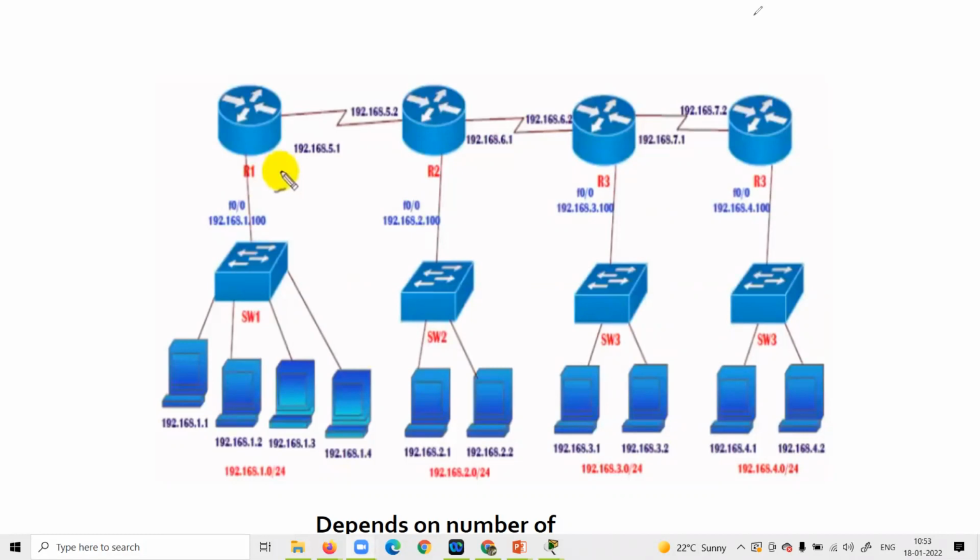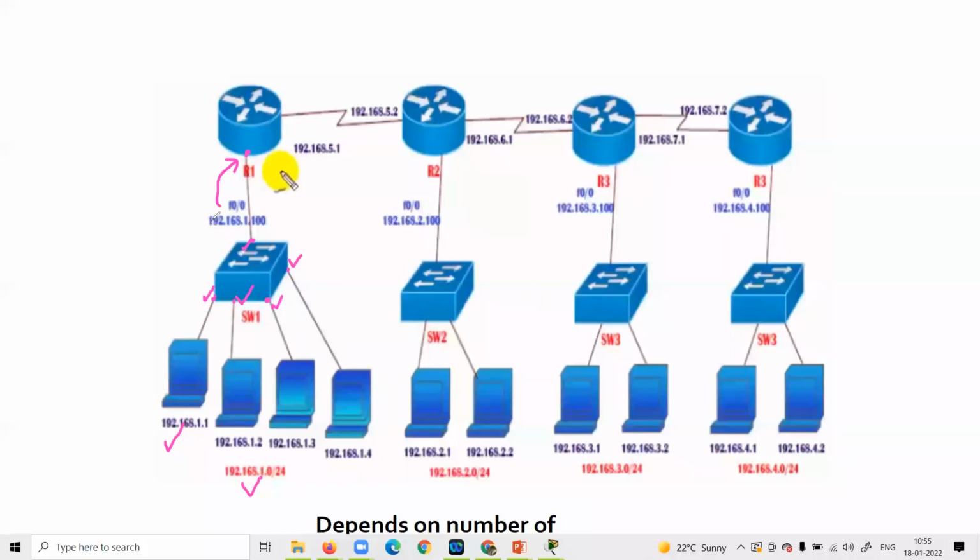Okay, see, these are the switch port 1, 2, 3, and 4. So there is no IP address to switch right now. Please understand, you can give IP address, but it is not necessary right now. In future, we will understand the application of switch. At that time, it is possible. Yes, we will give IP address, but right now it doesn't require.